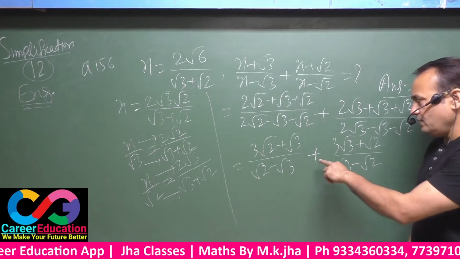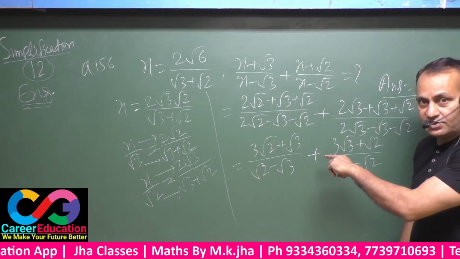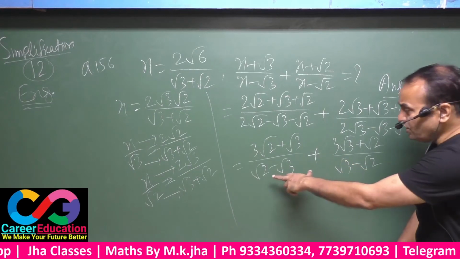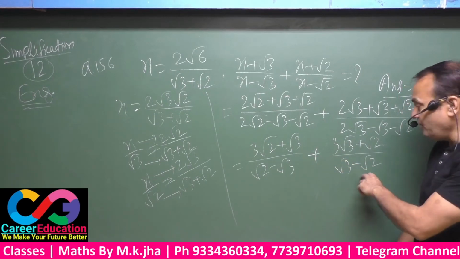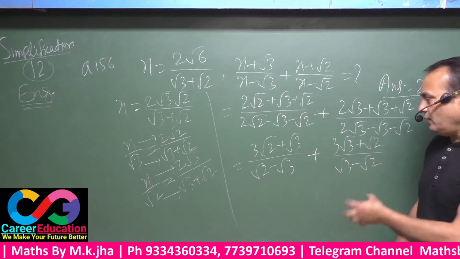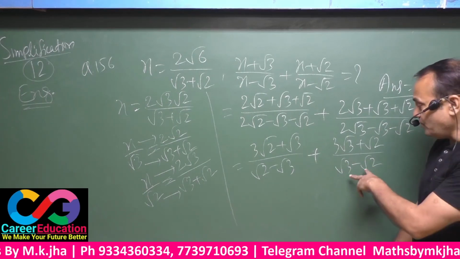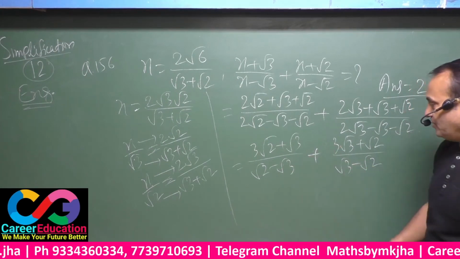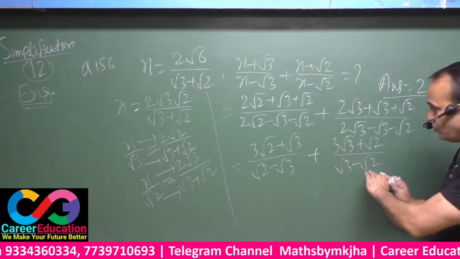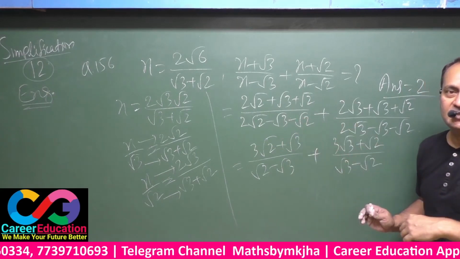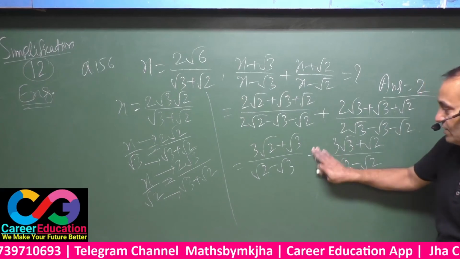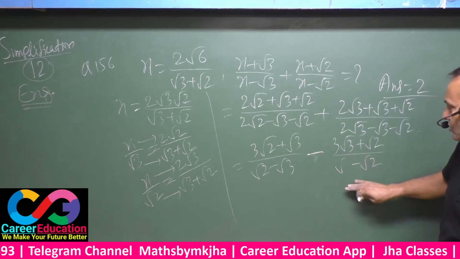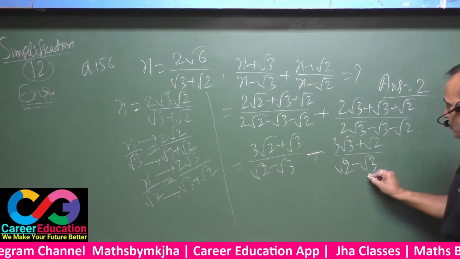The main thing you should think here, see here. This is root 2 minus root 3 and this is root 3 minus root 2. I would like to make all the bases the same, that means this must be written like this. If you write root 2 minus root 3 here, this sign will be changed, that means plus will be changed to minus. I am writing minus here now. This is root 2, this is root 3.